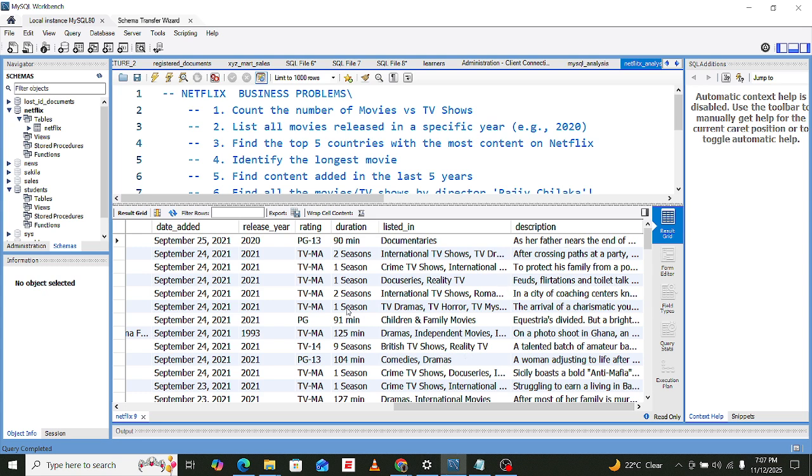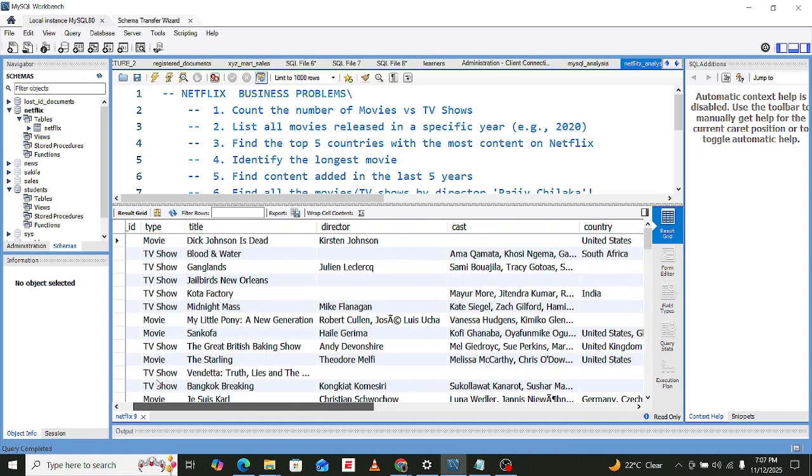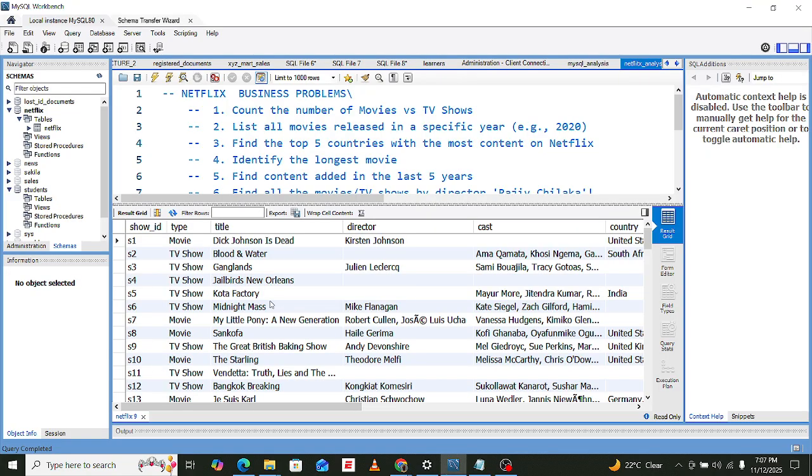Then there is that description. I think you can see the kind of data set that we are dealing with here. So with this data set, I want us to go through these seven business problems, and we see how we can solve them. You can't be a data analyst in a company that deals with movies such as Netflix.